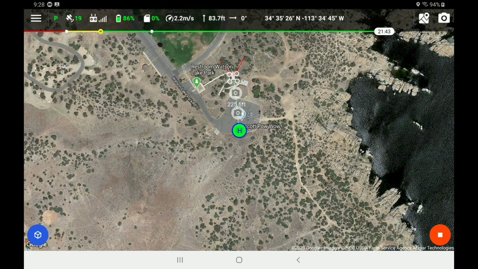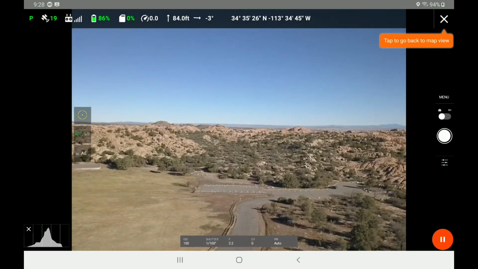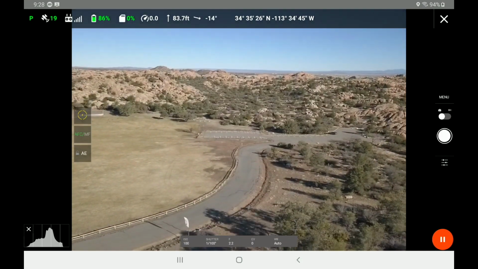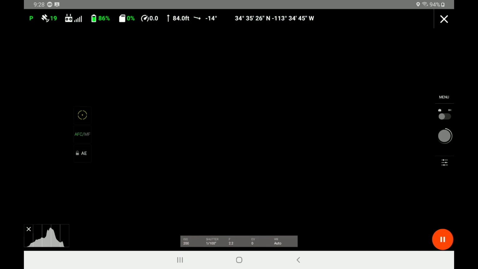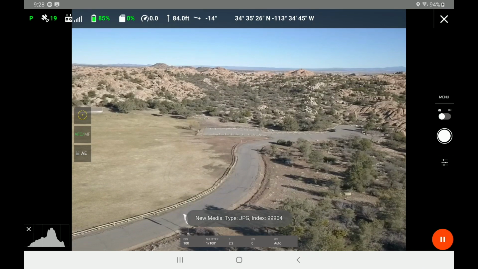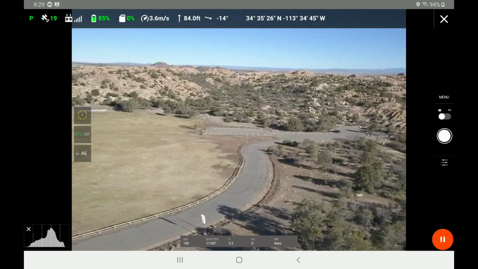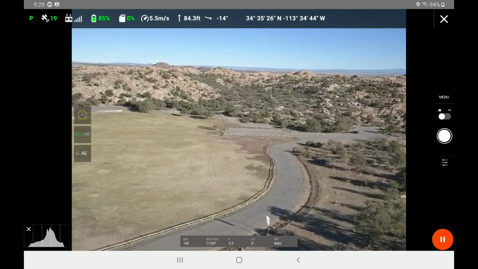So I'm just taking the drone a little further along, and I'm going to switch back to that camera view for a second because I would actually like to tilt that gimbal down, and that gimbal tilt is actually going to show through in our final waypoint mission. So I just wanted to make sure of where that gimbal was pointing, and now I'm actually going to move the drone,